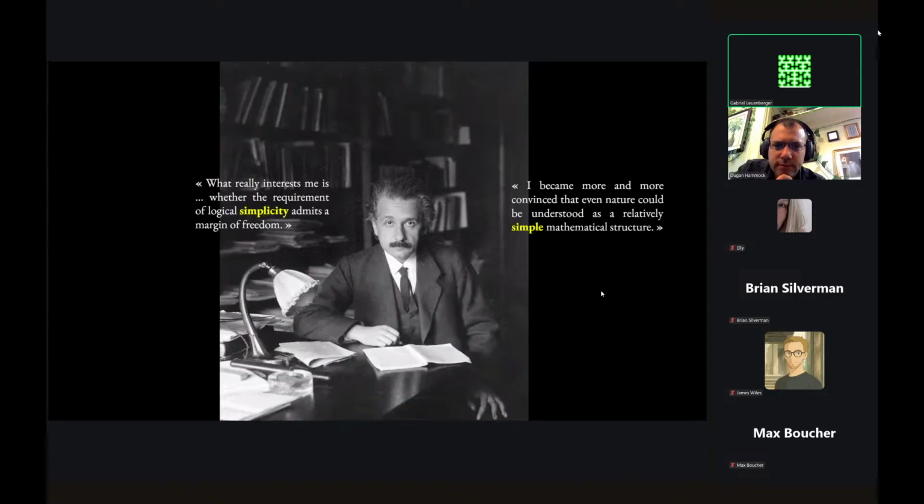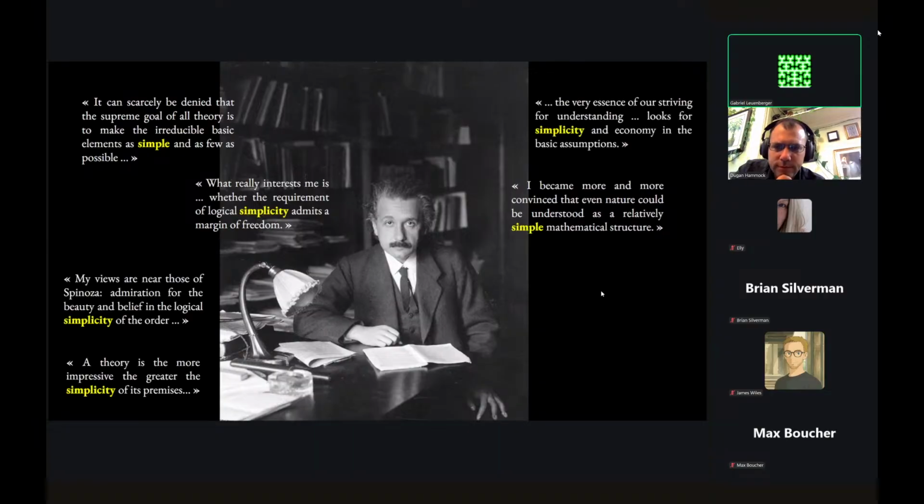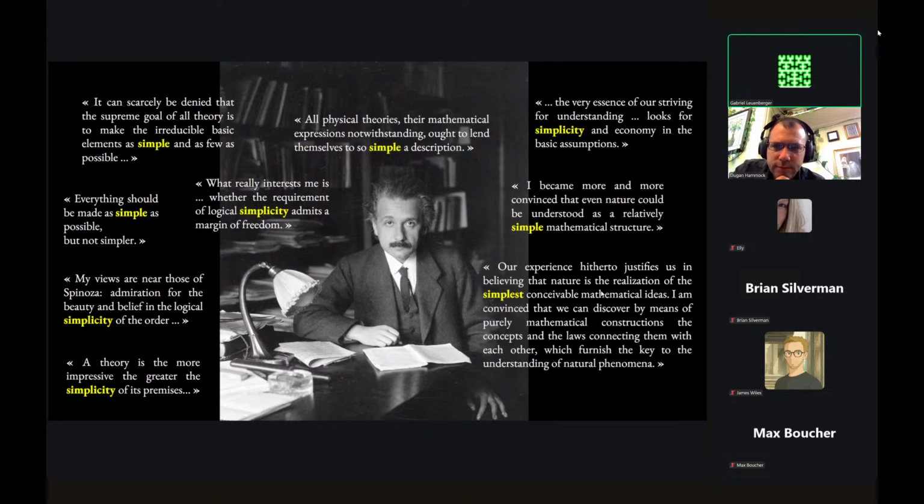There are many. I'm not going to go through all of them. In yellow, you can usually see that it's always about something with simplicity. And here at the end, he does mention that he believes that simplicity is the key to making much more progress in physics and all that. And also, I didn't just AI generate these quotes. Of course, down here is the reference to the book that contains all of these quotes.